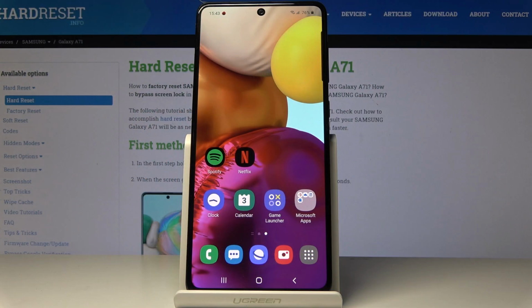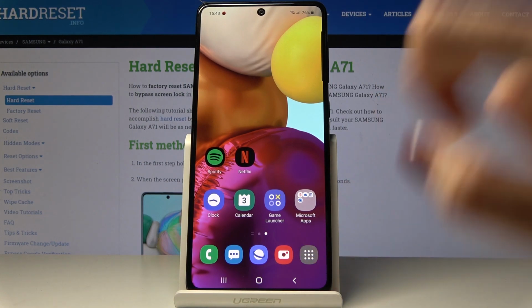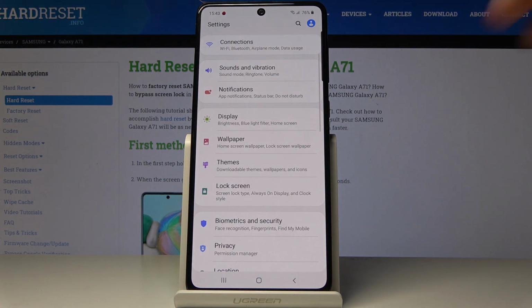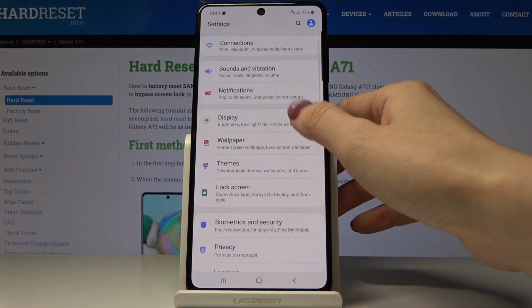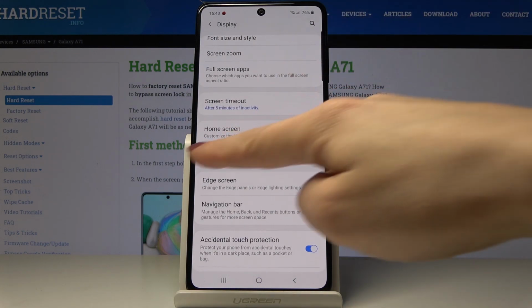Here I've got Samsung Galaxy A71 and let me show you how to activate easy mode on the following device. So at first, let's open list of all applications, then find and pick the settings. Here you have to locate and open display, and then scroll a bit lower where you will notice easy mode